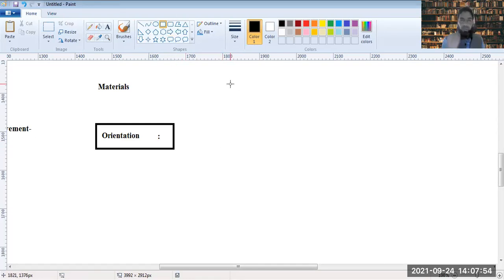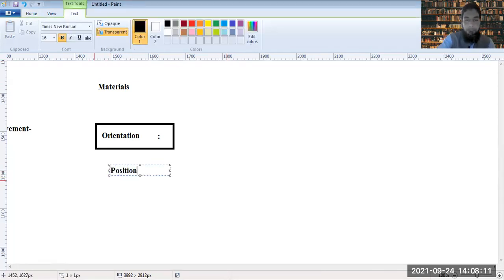The building should be oriented in such a way that you can utilize the passive solar energy to the maximum. So you can utilize the sun's rays to the maximum. It should be such orientation for the buildings. Orientation has to do with the positioning of the building, and it has to do with the wind patterns that would be moving across and along the buildings. So a good orientation would be that orientation